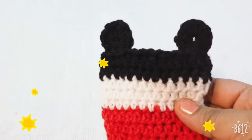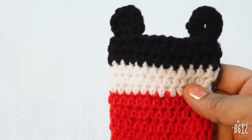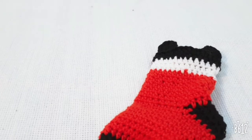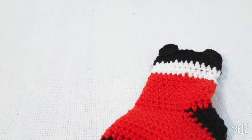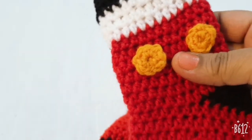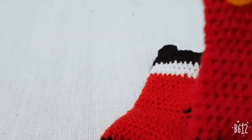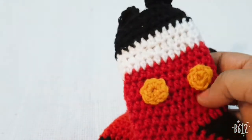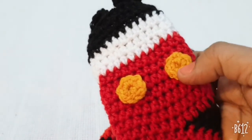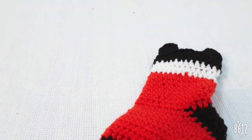I have completed my Mickey Mouse ear portion, and then last is the Mickey's eye. For eye, I am using the orange color yarn. You make the small circle for eyes and you attach it with your craft needle. You take some